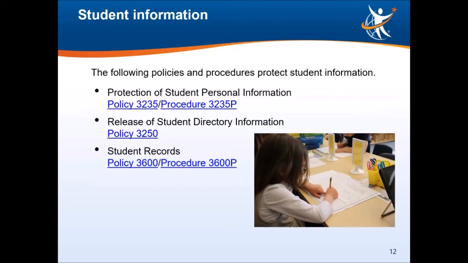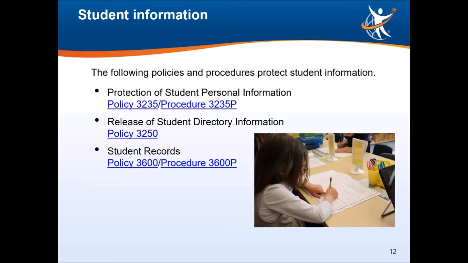In addition to FERPA, the Everett School District has 3 policies that further define how student information is protected by the district, and they are displayed on this slide. The Board of Directors recognizes that high-quality education data collected by its contracted school service providers is an important component for improving student achievement. The board also recognizes that the district plays a role in ensuring that school service providers use the personal information of students in a responsible and ethical manner consistent with the privacy protections required under federal